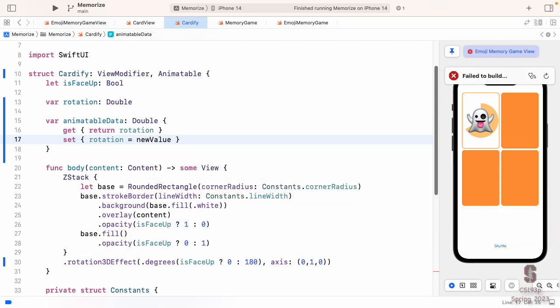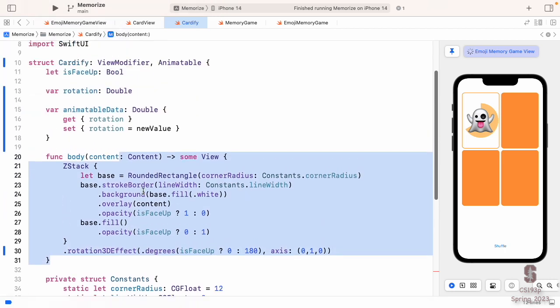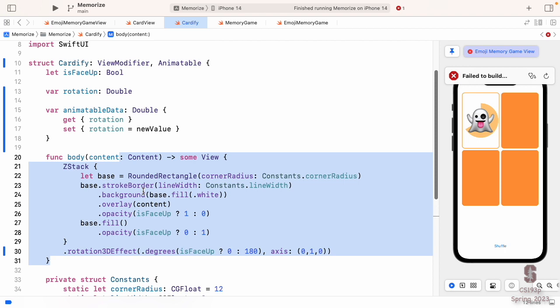So this is a computed property, right? Remember from the index of one and only face-up cards, we're doing the same thing here. We're just getting and setting the rotation directly. Every single time the animation system talks to us about a slice, we're talking about the rotation. And the reason we do this is so that we can use rotation down here in our implementation, not animatableData, which is just a bad variable name.